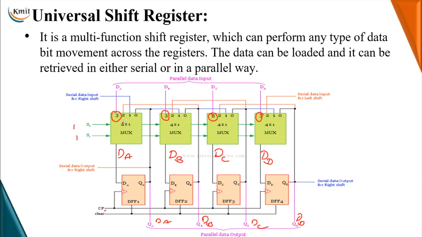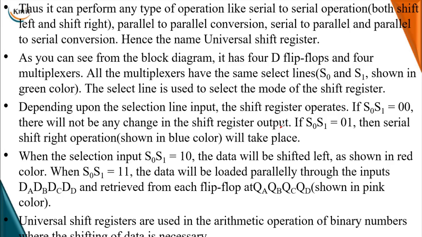Using this universal shift register, with only 4 D flip-flops along with 4 multiplexers using 2 control inputs, we can have all 4 types of shift operations: serial in serial out, parallel in serial out, parallel in parallel out, along with serial in parallel out. All these operations are derived from one single shift register, which is known as the universal shift register. With this, we finished our shift register. In the next session we are going to